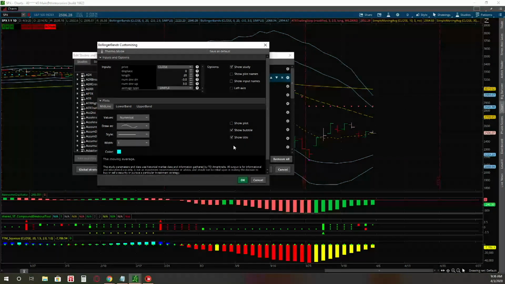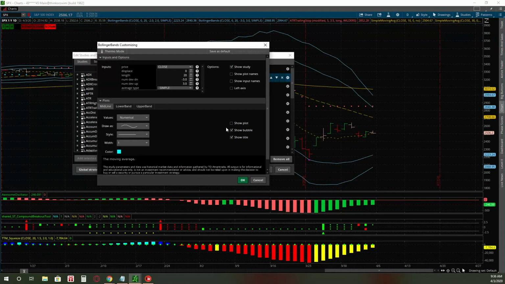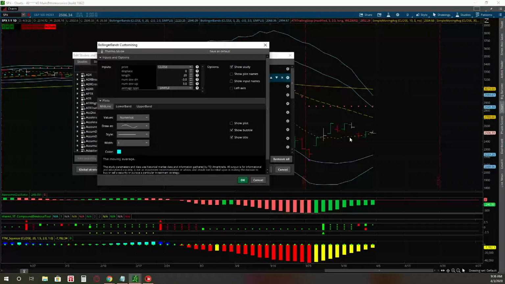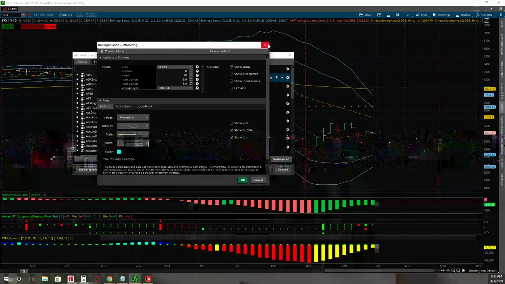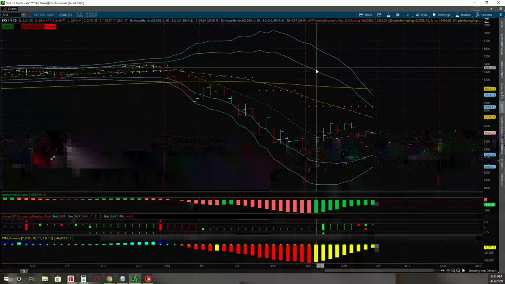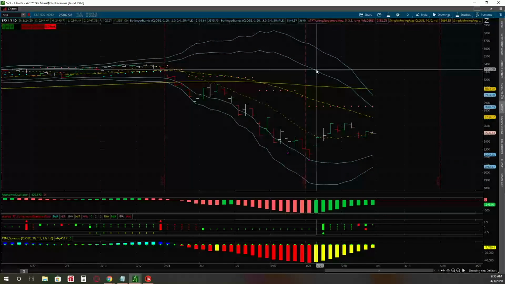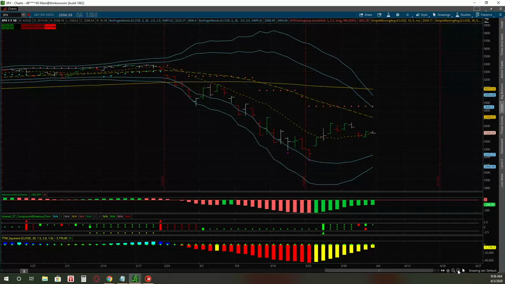The outside line is the third deviation Bollinger Band. Now the length is still set at 20, right? That's why they kind of parallel each other, but one is looking at the third deviation versus the second. So once again, those settings on the inside are a -3 for that lower third deviation Bollinger Band and a +3 for the upper. And then the color I chose was just a blue for both, and I do not